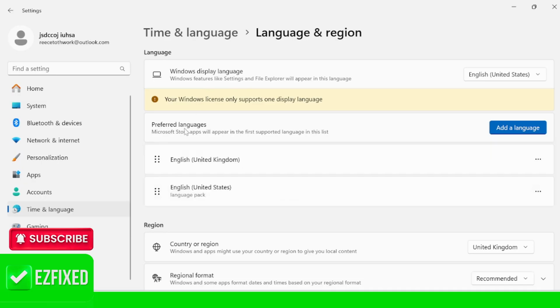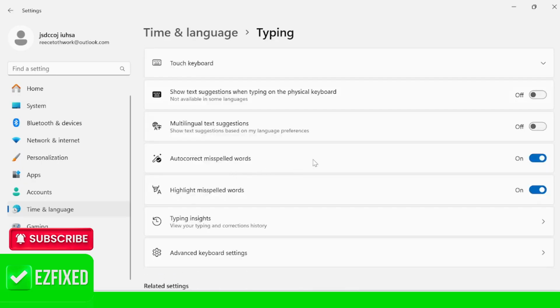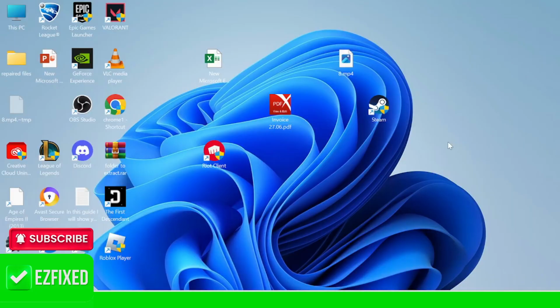And another thing that I'd recommend doing is coming down here into this typing section and just turning off autocorrect misspelled words, as this is another reason your keyboard might sometimes type incorrect letters or characters. And then we can close out of this window, and if that's still not working for you, the very last thing we can do is